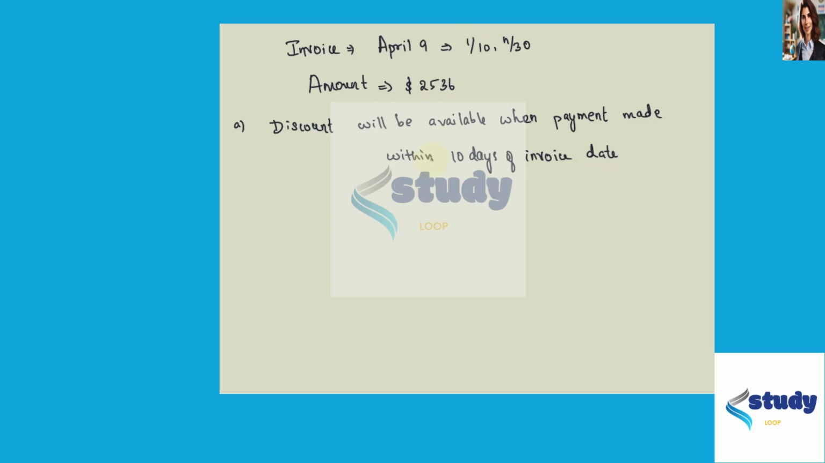So with this value we found that, and with this we can say that the last day for taking the cash discount is 10 days from April 9, so it is April 19. Now let us move on to the next part of the question,